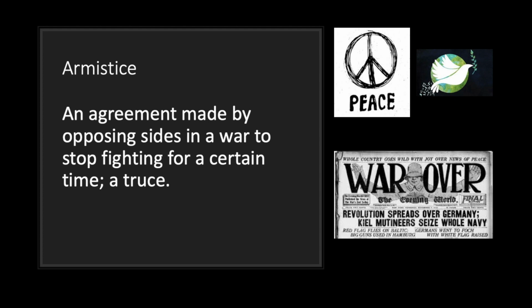The next word we have is Armistice, which is an agreement made by opposing sides in a war to stop fighting for a certain time, basically a truce or ceasefire. So you'll hear, hey, we have a ceasefire in the conflict. Mainly these come like Christmas time. You may have a ceasefire for like a 24-hour period where they don't want any fighting,